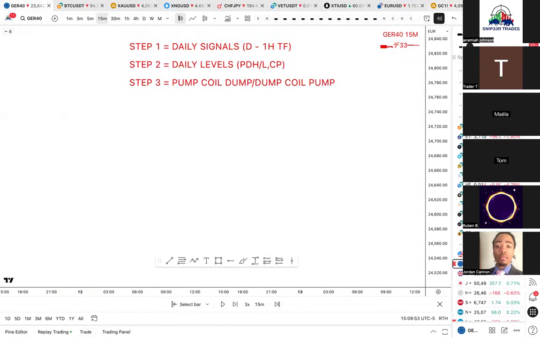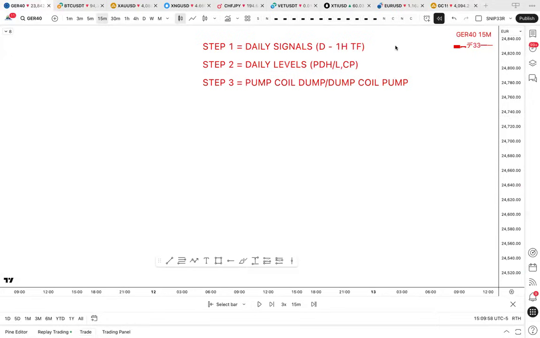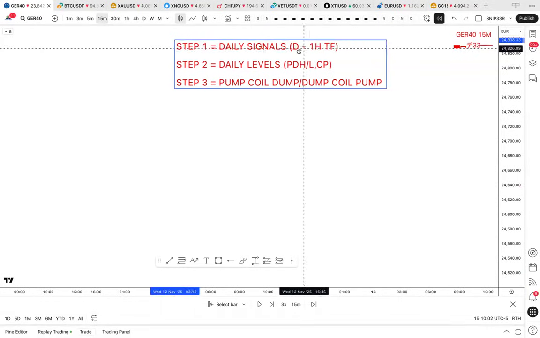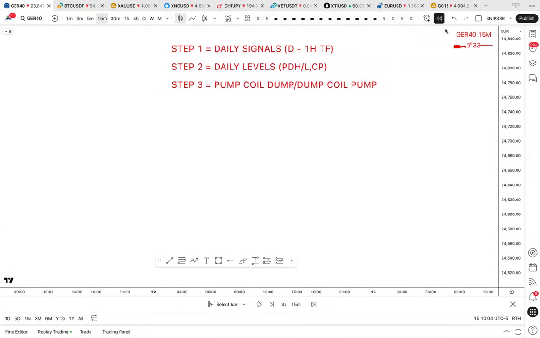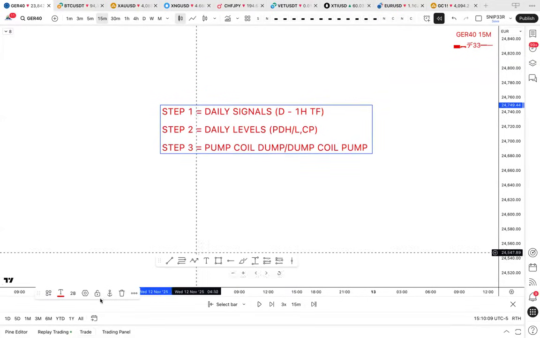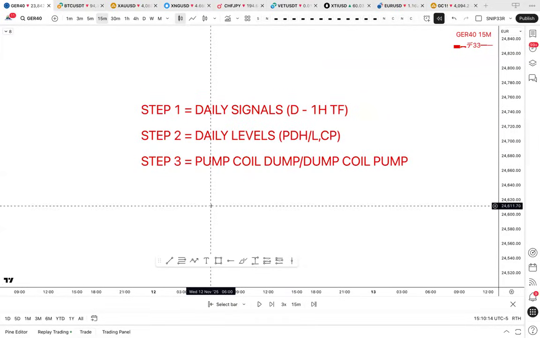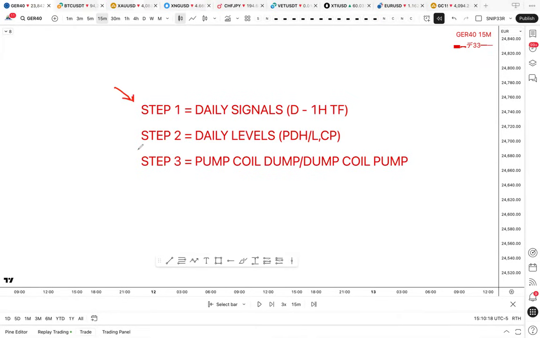First things first. These three rules, tattoo them somewhere on your wall, your body, your notepad, wherever you need. Because these three rules are the only three rules you need. Step one, you need a daily signal. If I don't have a daily signal, if it's not clear, if it's confusing, if it's anything that's not clean,